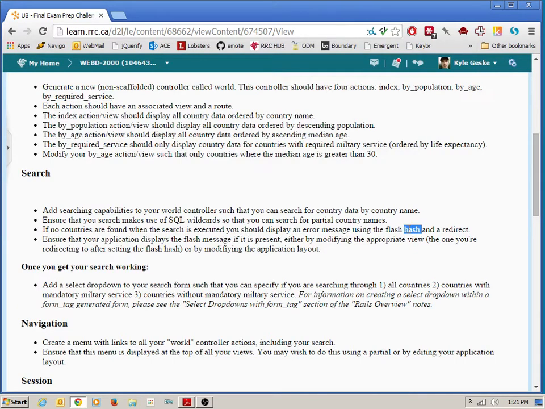Because the flash hash is going to be something that I'm assessing you on, I gave you some practice with it right here. You'll have to go do some reading on how to work with that in the Rails guides. And once you get a basic search going, so you just have like a search box and a search button, then you're going to add a drop down to your search where you can allow the user to further refine